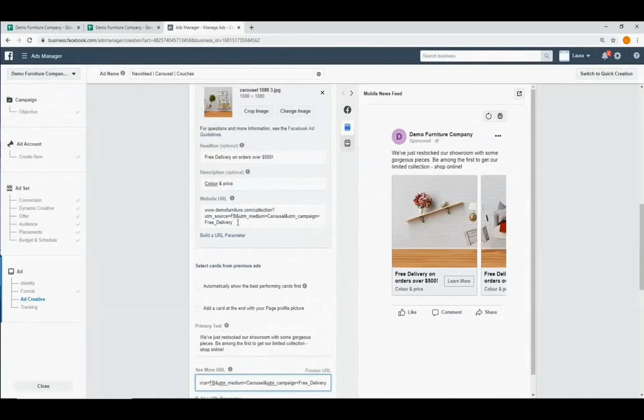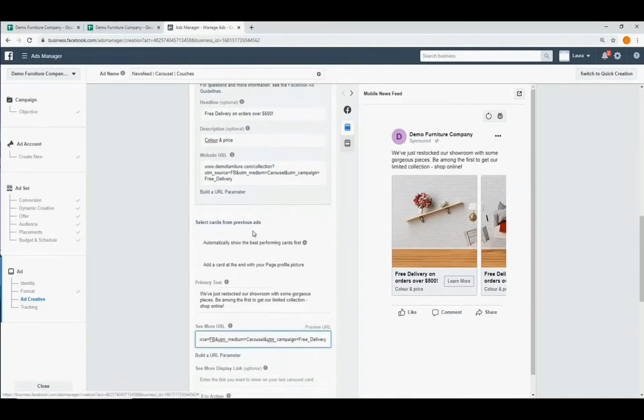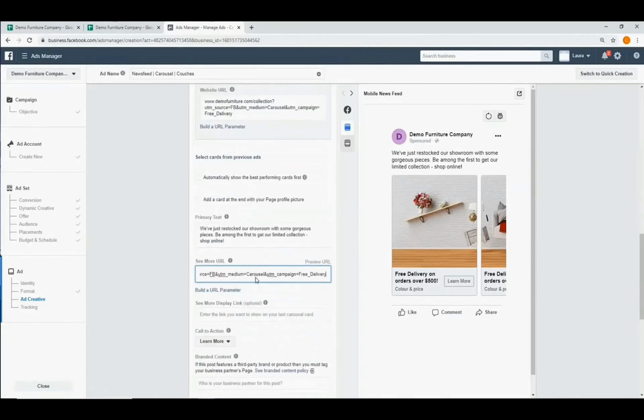But what you can do with a carousel is have a separate URL for each image. Let's say your first image is of your couches. So you want to direct people to the couches category section of your website. The next image is shelving. So you want to send them to the shelving category, etc. And then for the see more URL, that could be a more generic URL. Let's say